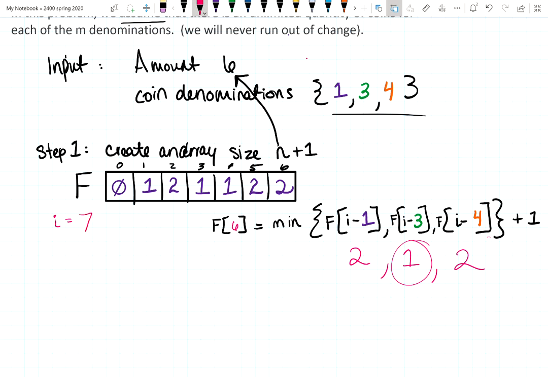7 is larger than the amount, which is 6, so this is where we would stop. Now, how do we know what the answer is? Just like in the last algorithm, the answer is in this very last element in our table, which is 2. So what does 2 mean? That indicates this is how many coins